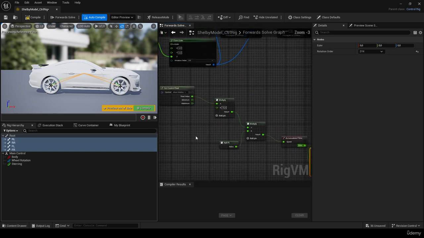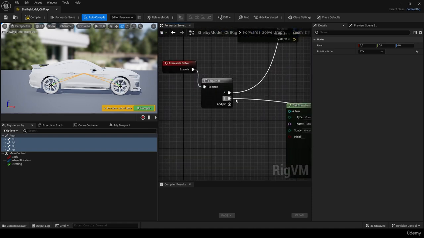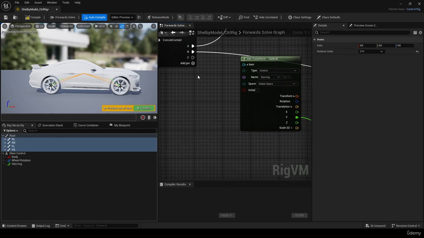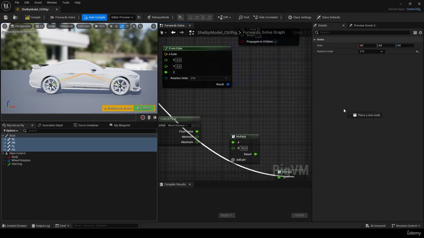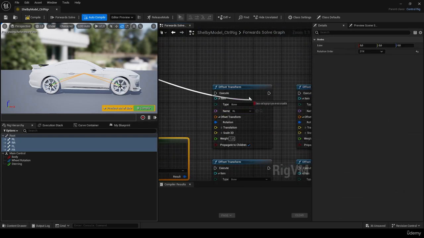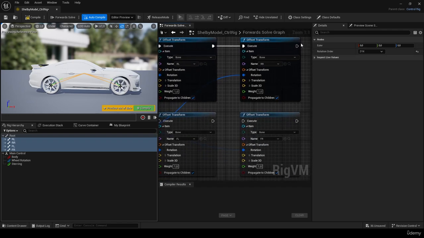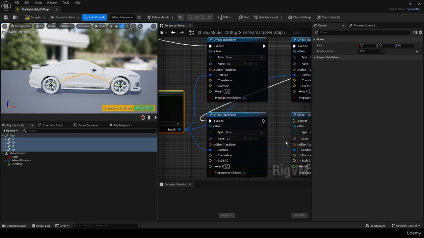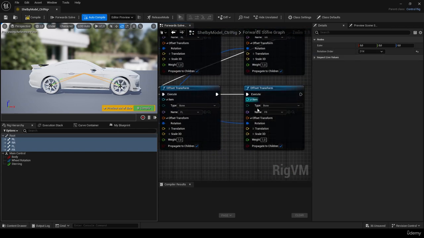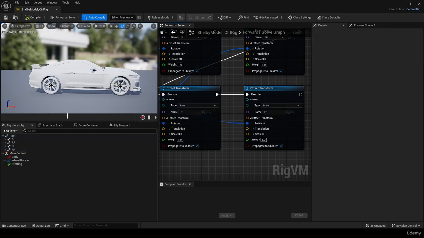So we are almost ready. Here to the sequence we have to add another pin by clicking this plus icon here, and this we have to connect with the tires execute pins. And now the first one has to be connected to the second one, to the third one, and this to the fourth one. Okay, so now let's click compile, save, and